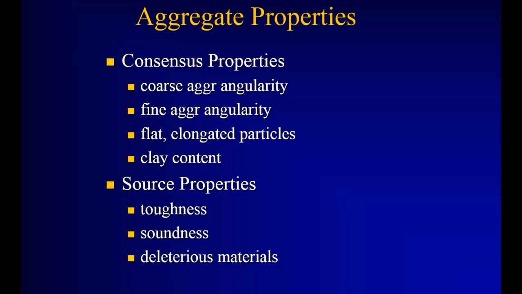And the fourth one was clay content, or sand equivalent as it's kind of termed. And in the pre-Superpave days, typically what you would do is run what are called the Atterberg limits: liquid limit, plastic limit, and then PI, plasticity index. And it's a measure of the amount of clay in your aggregate stream or aggregate blend. And clay is very detrimental, particularly, well, for gravel roads it's great. You need some PI, you need clay. That's your binder. But in the asphalt world, clay is bad because it absorbs a lot of asphalt, number one,